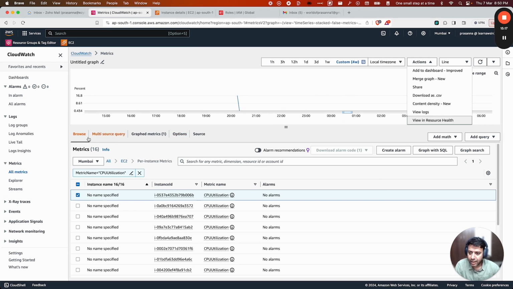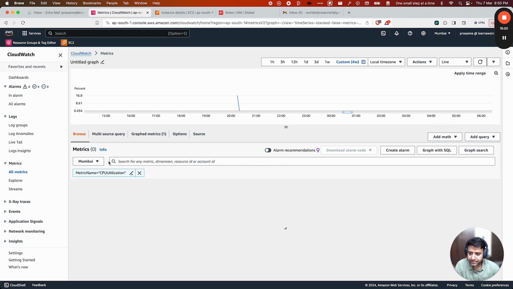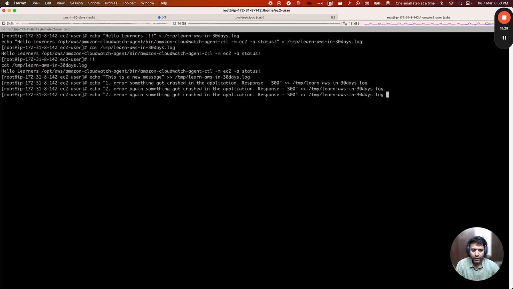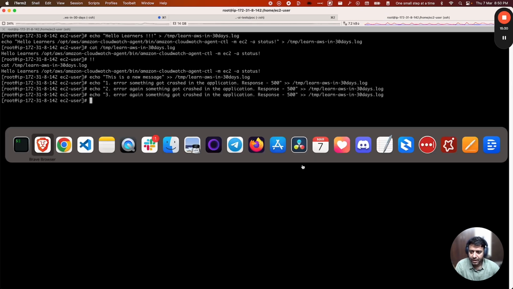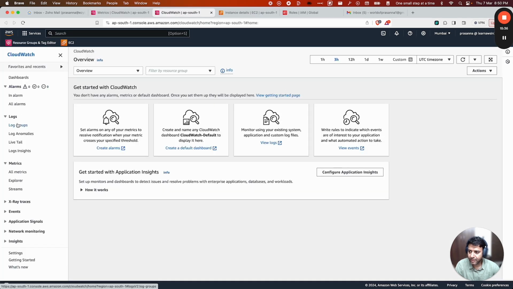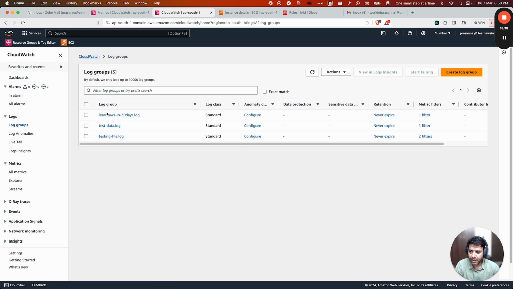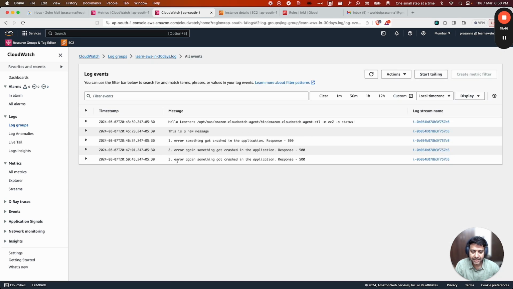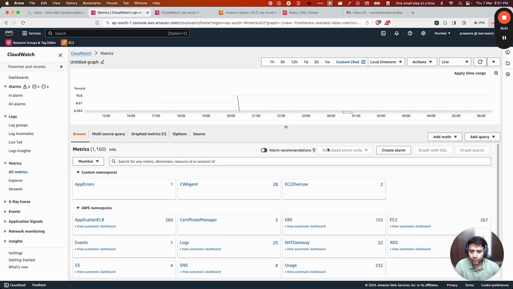Now we'll come back to our metrics. I'll cancel this one. What I'll do is create one more log message here. This is number 3. If I go to the log group and search the log group, we can see there is one more error message which we got here. And if I go to metrics and do a refresh,